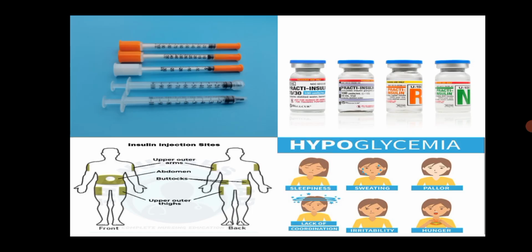Also teach them signs of hypoglycemia, how to monitor blood glucose, proper storage, meal timing, and site rotation, so that they are not injecting on the same site. Okay, so I think basically that's it about